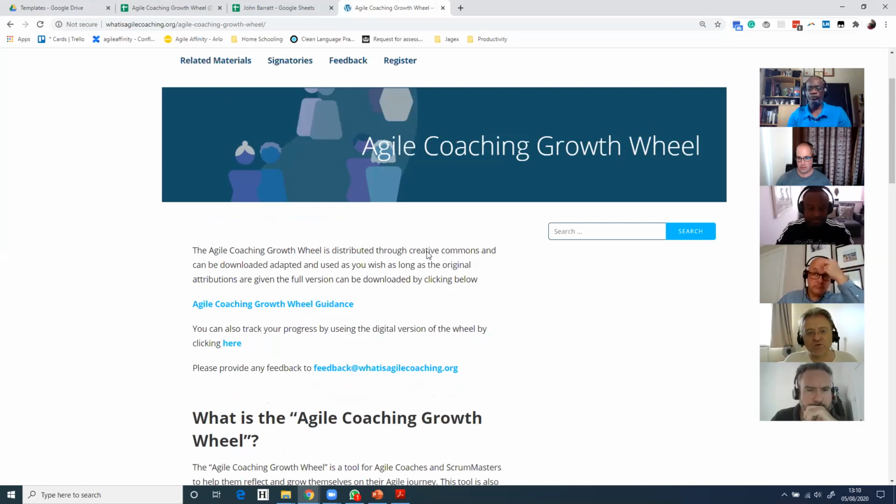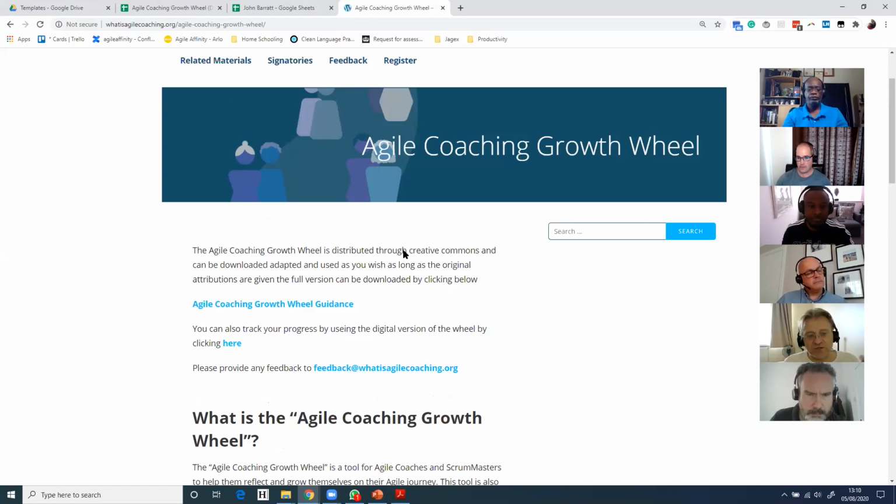So this wheel is a tool to help bring some of those ideas and transparency to you, so you can look at that wheel, see where you're at and inspect and adapt. And it may, as we'll learn, dynamically change over time.